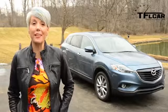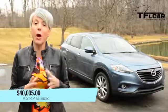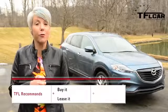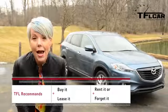You'd probably also look at the Ford Flex and the Hyundai Santa Fe, but frankly, the CX-9 bests those in both sportiness and good looks. Our test model here starts at $36,625, but with the optional technology package, the final price is $40,005 smackaroos. So on the TFL scale of buy it, lease it, rent it, or forget it, I give the 2014 Mazda CX-9 Grand Touring a...